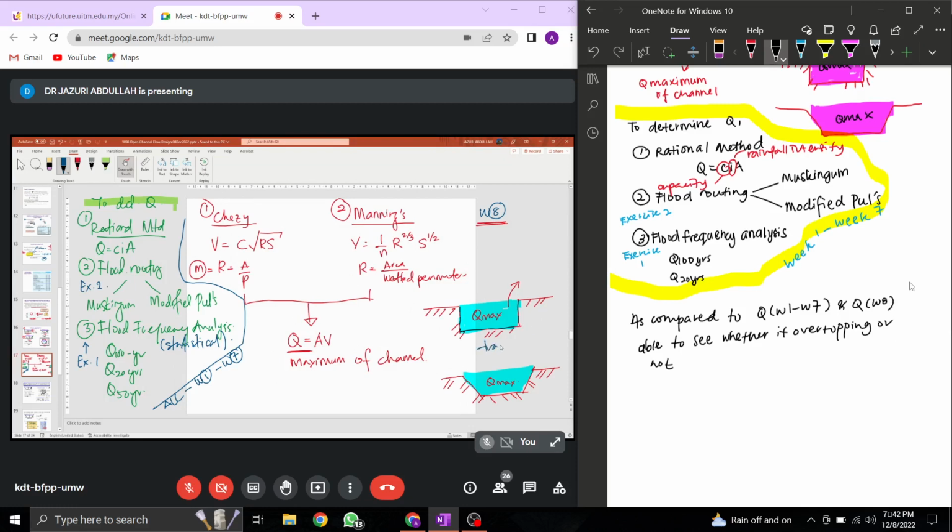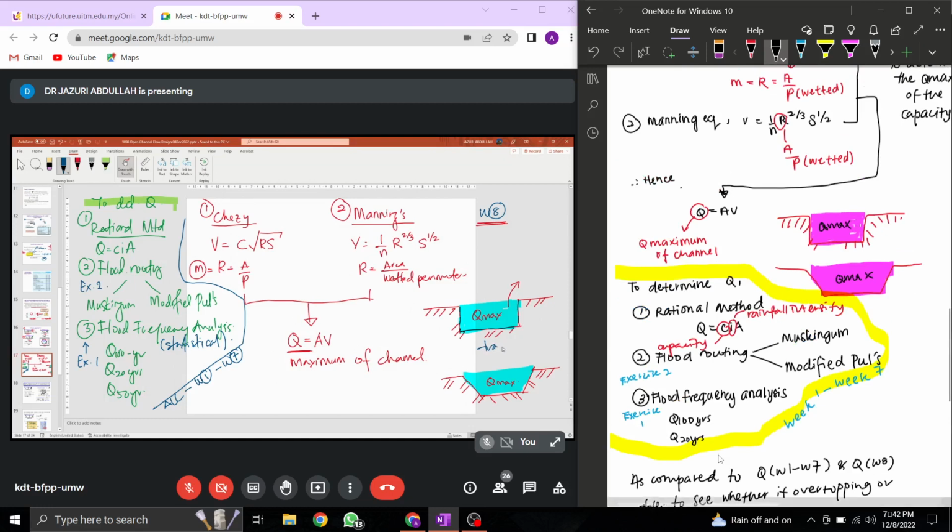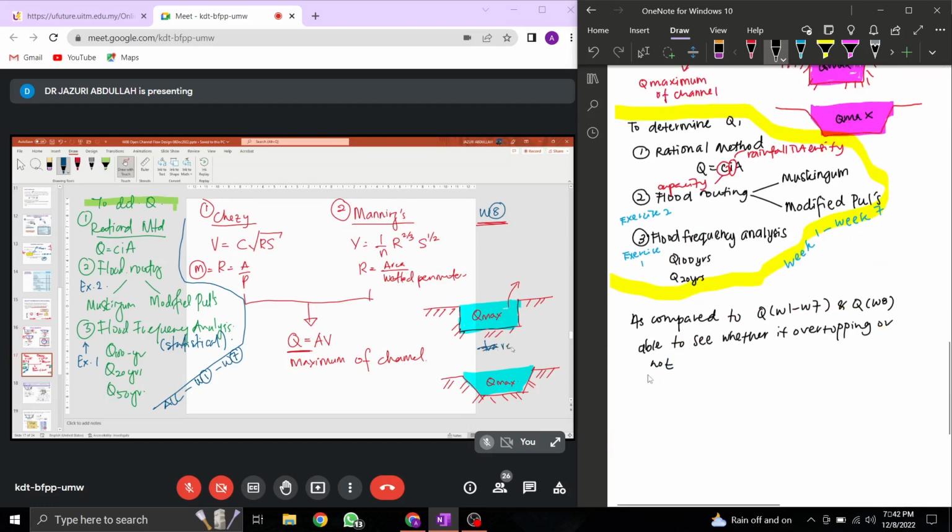Okay, so based on this Q, is it possible that the existing channel, sama ada dalam bentuk rectangular or dalam bentuk trapezoidal, can accept without overtopping? Okay, so now if the Q calculated daripada week 1 sampai week 7 boleh safely convey secara selamat di dalam channel tersebut, jadi we don't have any problem. But kalau berlakunya overtopping, so now baru kita akan tengok kepada apakah mitigation plan, apakah mitigation approach yang kita nak